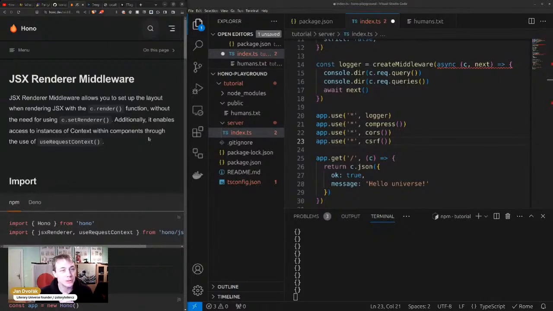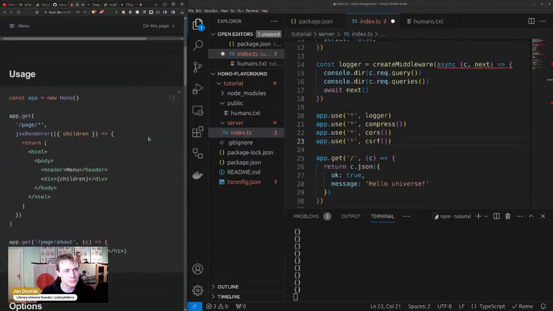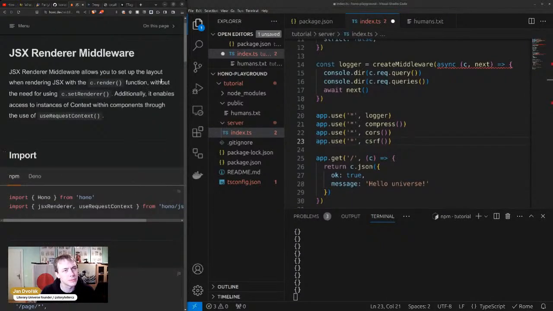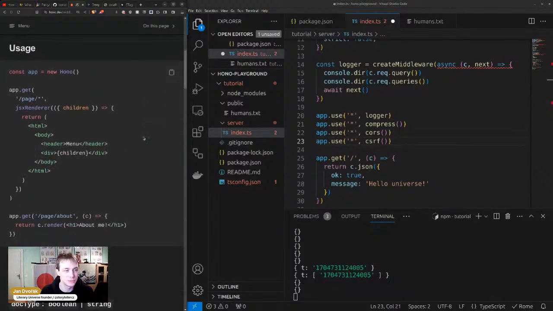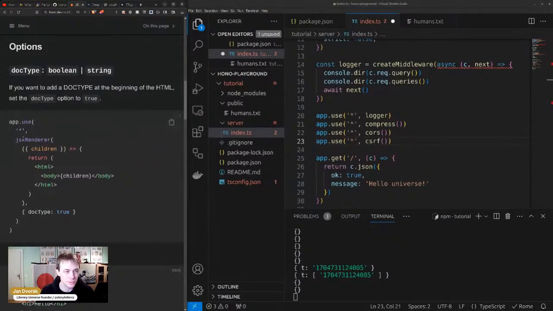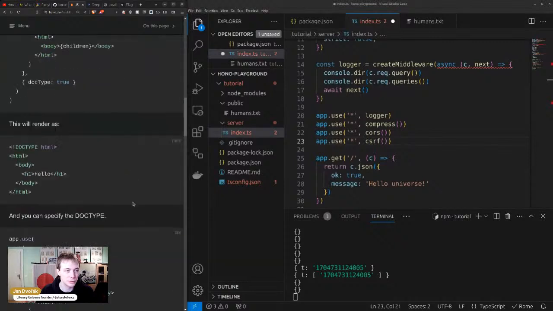JSX renderer middleware allows you to set up the layout when rendering JSX with the render function. Okay, so we kind of covered that already. JSX renderer, but this one is even more without the need for using c.setRenderer. Okay, so this is middleware without the need for helpers, enables access to instances of context within components through the use of useRequestContext. JSX renderer. docType true. Okay, so it will even add the